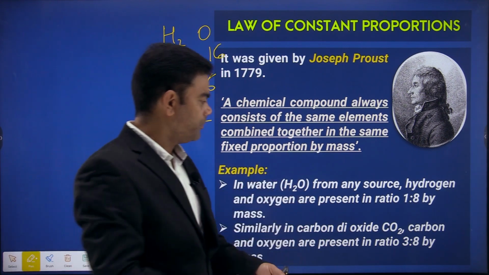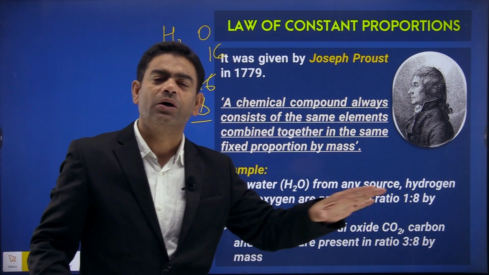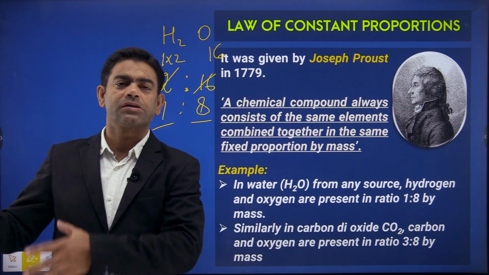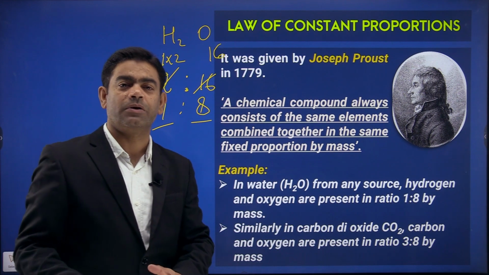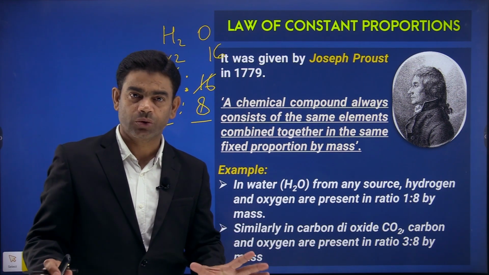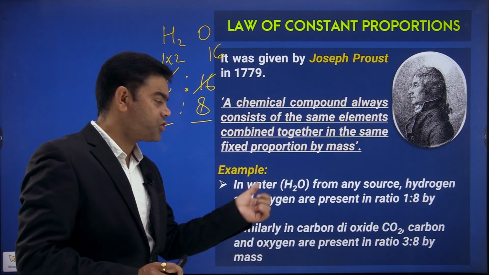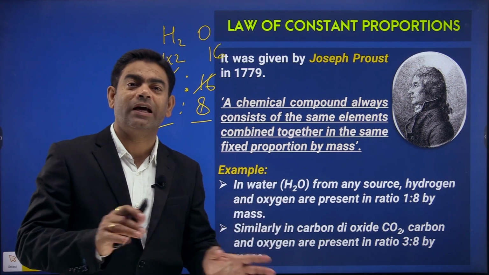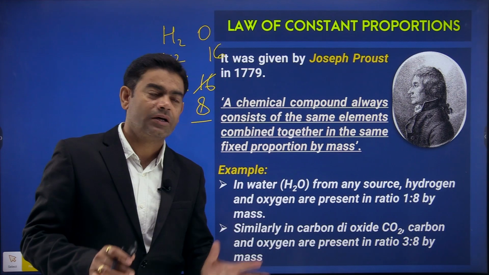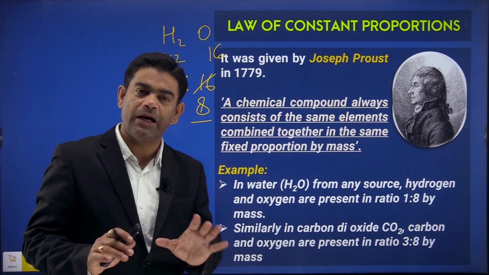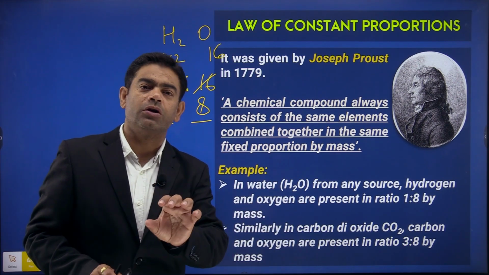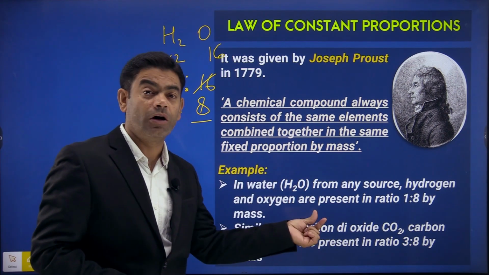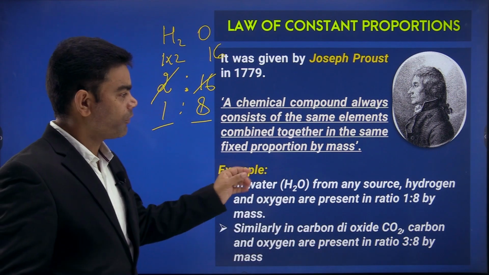In a water molecule, from any source, you take the water molecule, कहीं से भी ले आओ पानी को, आप कुएं से ले आओ, नल से ले आओ, टंकी से आओ, रिवर से ले आओ, कहीं से भी. If it is water, okay, so its formula is H2O, fixed. You are not going to get H3O, you are not going to get HO2, you are not going to get H2O2. Formula उसका H2O ही रहेगा. One molecule of water is going to contain 2 atoms of hydrogen and 1 atom of oxygen. Okay, from anywhere you get it.